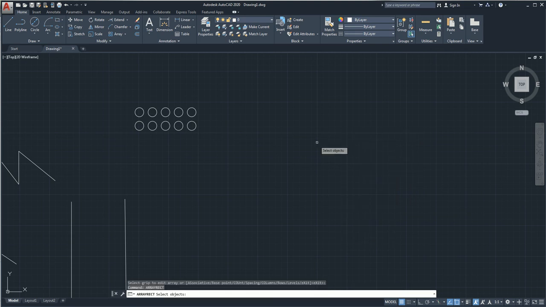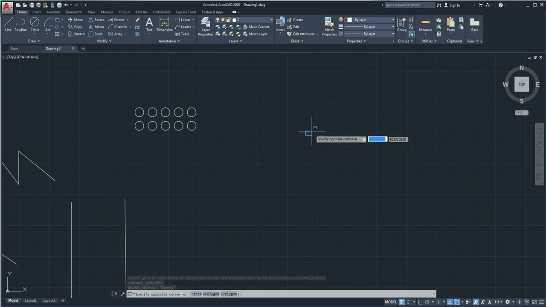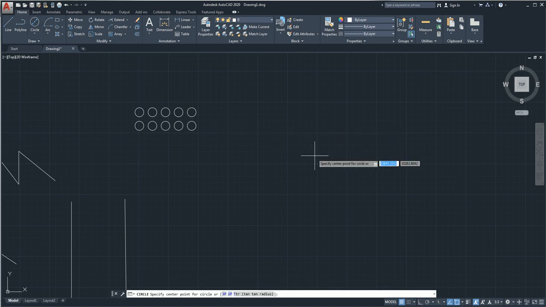Let's repeat. No, we can go back. We can just click on circle. Okay, let's assume we have a smaller circle right there, and we want to make something like a flower